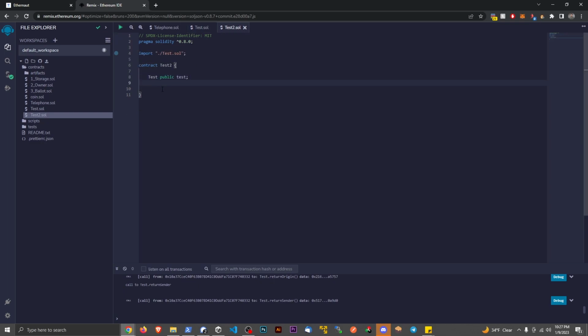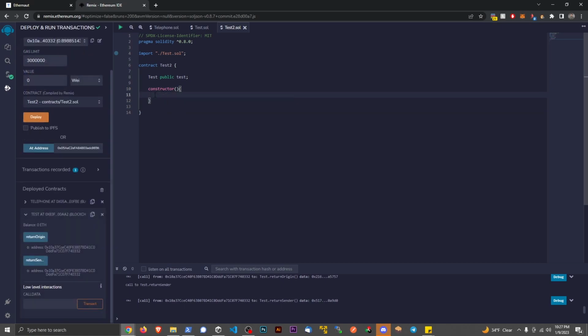Now, we don't want to just have any instance of that. We want to connect it with a certain address. So in the constructor function, we're going to open this up. We're going to say test, referencing this variable, is going to be equal to capital Test, an instance of this contract at a certain address, semicolon. We're going to copy our test address here. I maybe should have chosen some better variable names or smart contract names here, but that's okay. So this connects this variable with this contract that's deployed at this address, right?